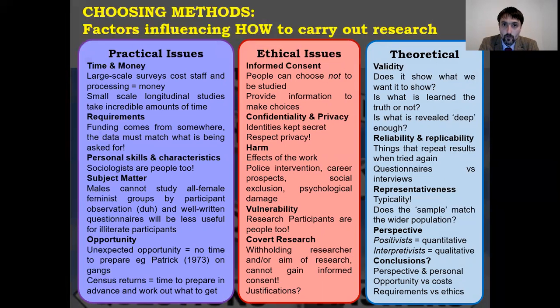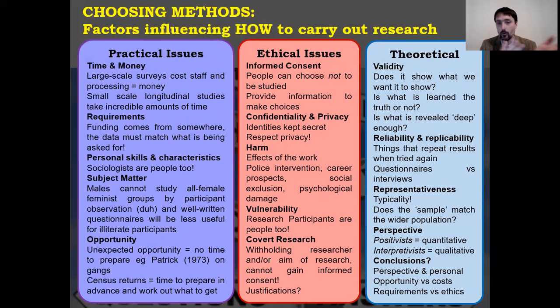Now, in history, and arguably in English, I don't really know, but definitely in history, reliability refers to is the person giving you the information trustworthy? Is the information itself trustworthy? When we talk about reliability in sociology, we mean it slightly differently. What we mean by reliability in this case is, can you do it again and get the same result? If that is the case, then it's reliable. Now, that's not strictly speaking the meaning of the word reliable. So obviously sociology comes up with its own words and it comes up with replicability. Can you do it again? Is it replicable? Is it repeatable?